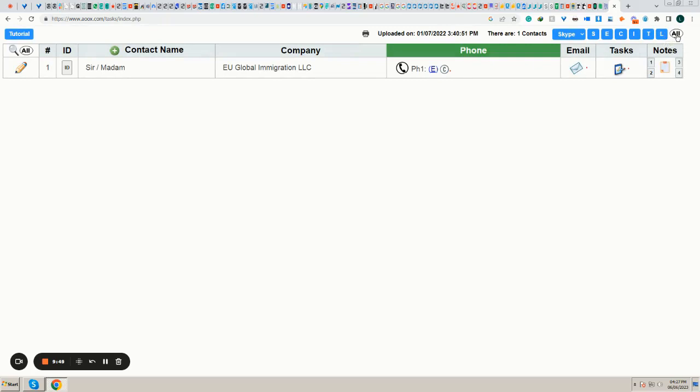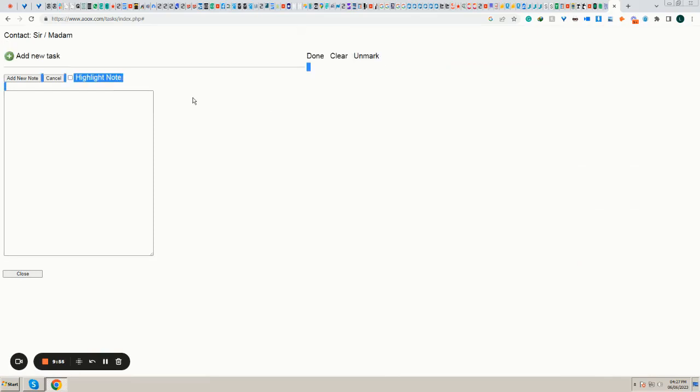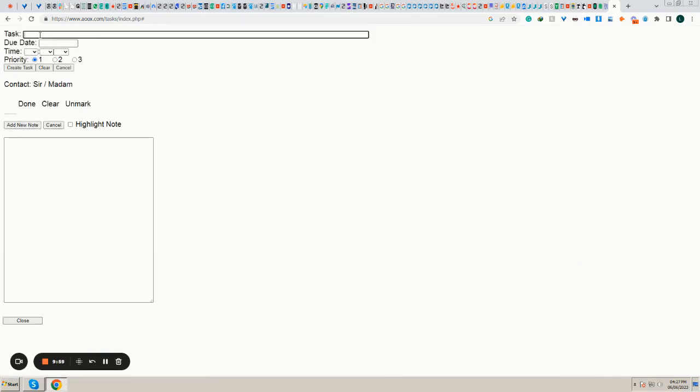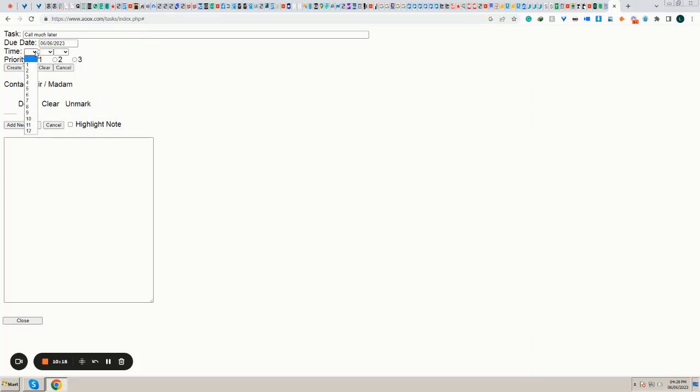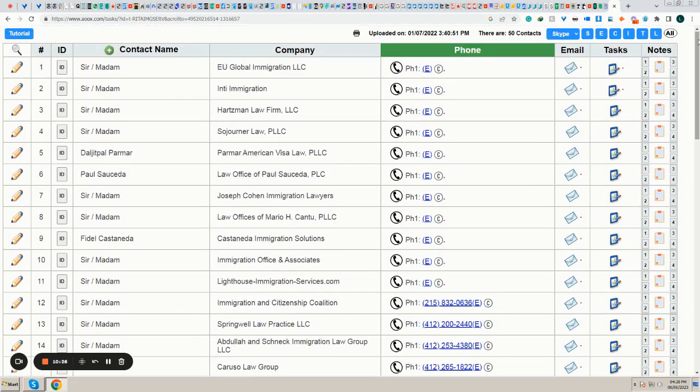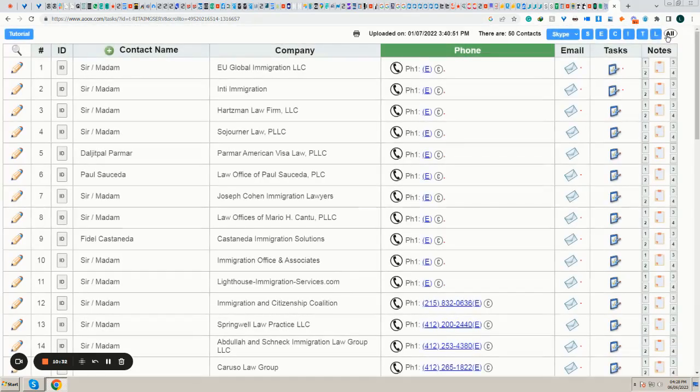The list in this case will be the same. But in order to show the full functionality, I'm going to create a new task, and in this case I'm going to put it much later. It's still going to be today, it could be tomorrow, obviously, any date, but in this case I'm going to put 6. Then I'm going to create the task. So now in the list we have 2, 6, but in the do ones